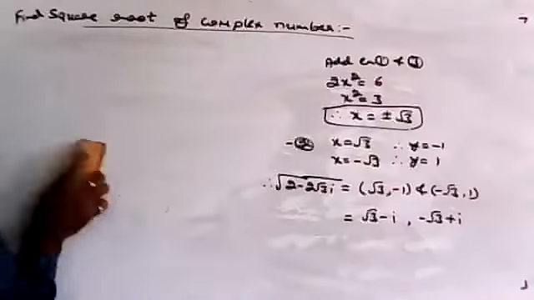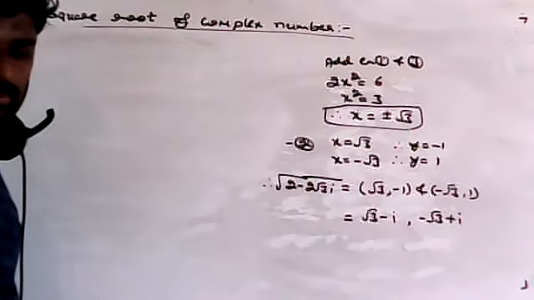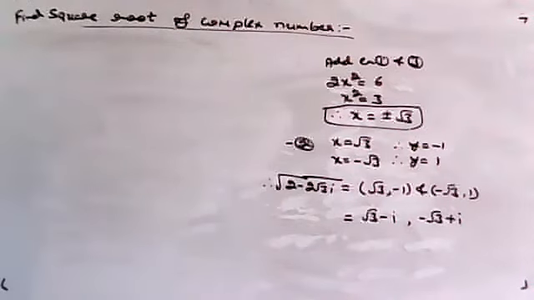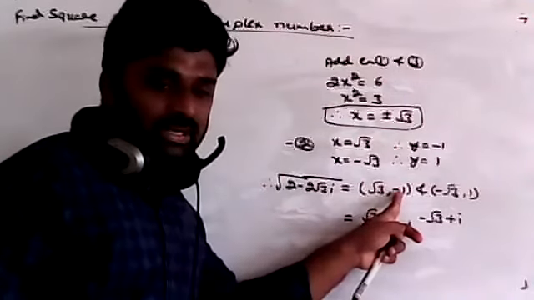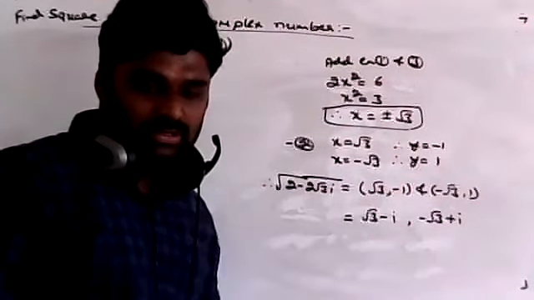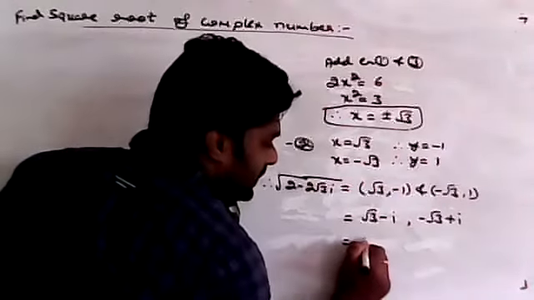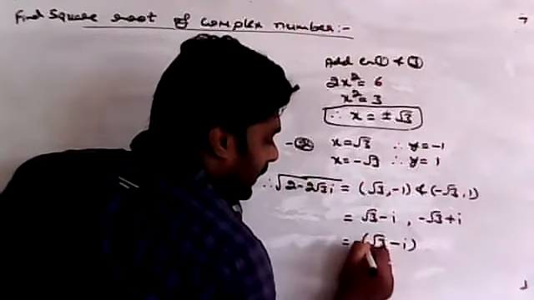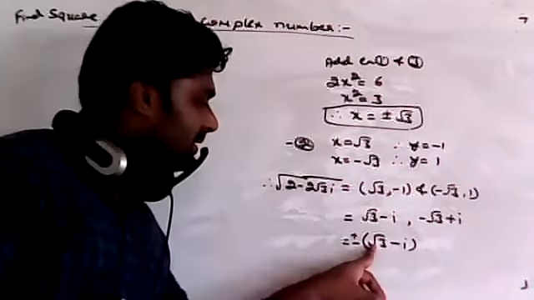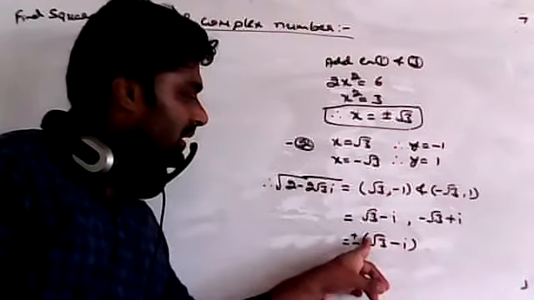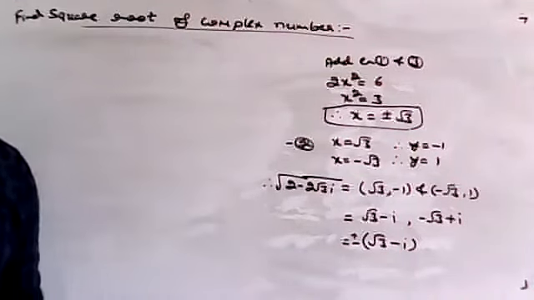If you have doubt, please ask me. No, Namita, here what I'm telling means when it is positive, that time y is negative. So we can't write that plus or minus directly here. Means you are telling 3 plus i, no? If you want to write, you can write like this. Root 3 minus i plus or minus. Like this you can write. Because when this is plus, this is minus. When this is minus, this is what? Plus. Okay. Sorry. Root 3 only you are telling. Okay.